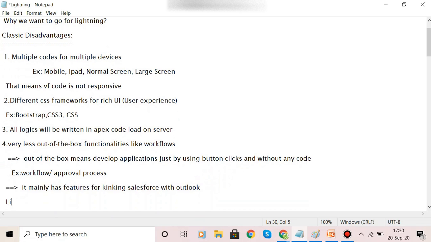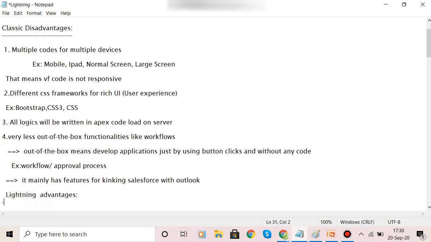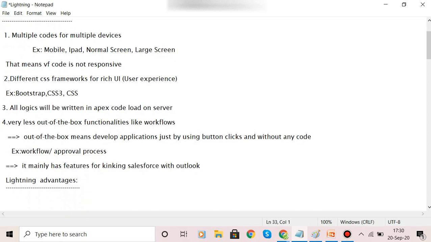Now I want to give the advantages of Lightning. When you take these advantages, you can get clarity about why we are going to Lightning. In Lightning, components are responsive.